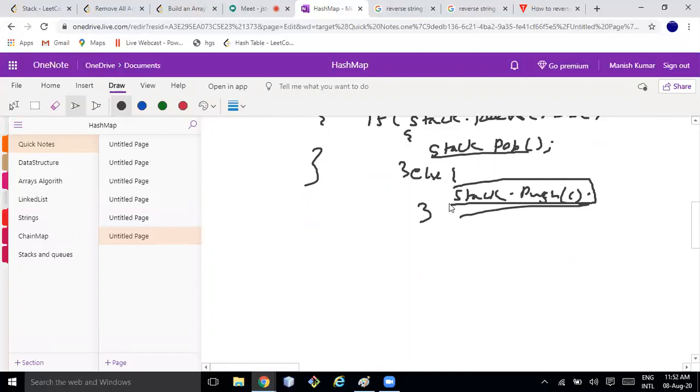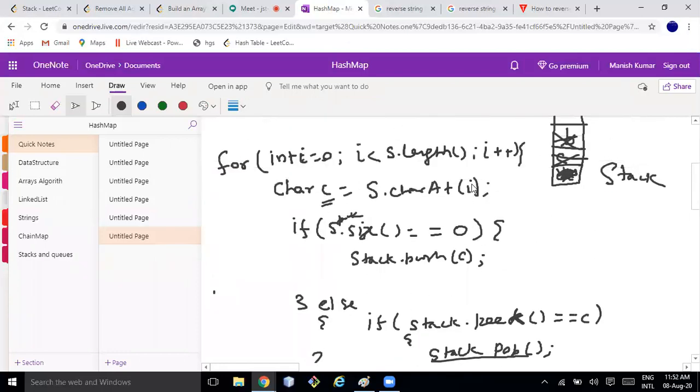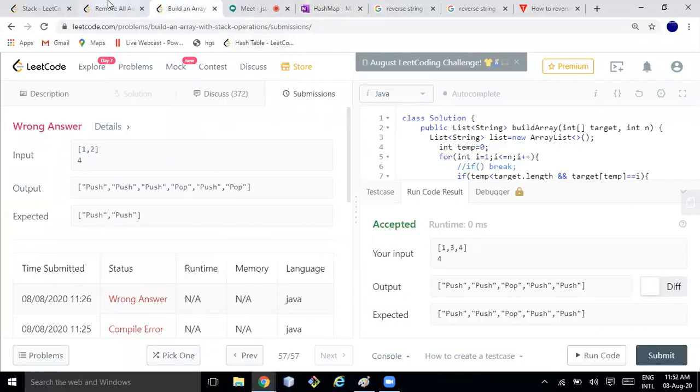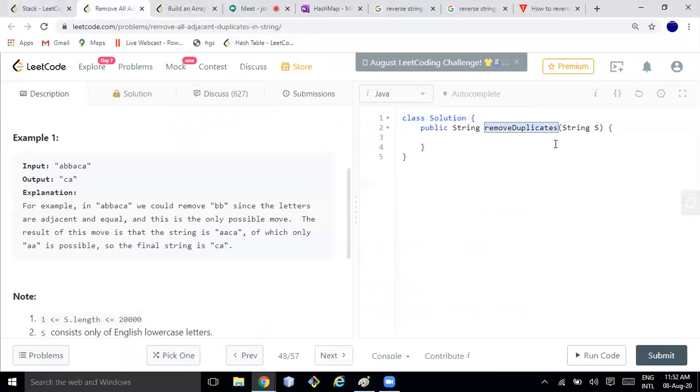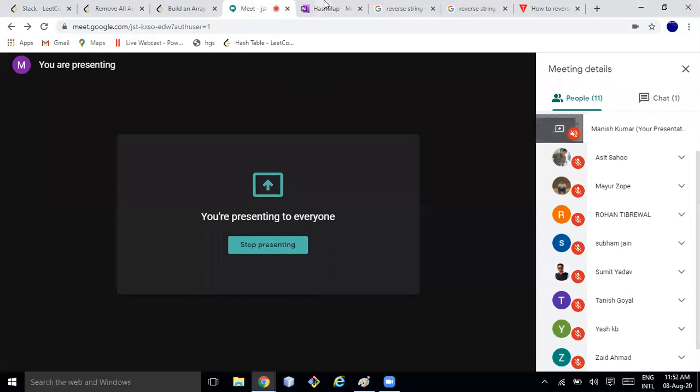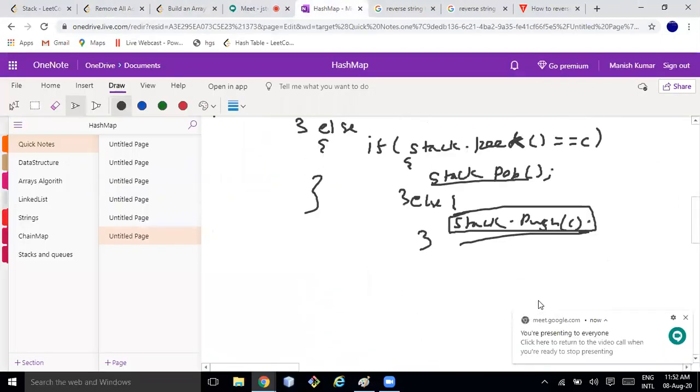So this is the way. Try to write it very simply. Don't complicate, and don't write any corner case outside of the if else block or for loop block, otherwise you will mess up. Okay, let me write it here. How can we do that? Remove duplicate. Yeah, and once this is done, we will have some elements in the stack.